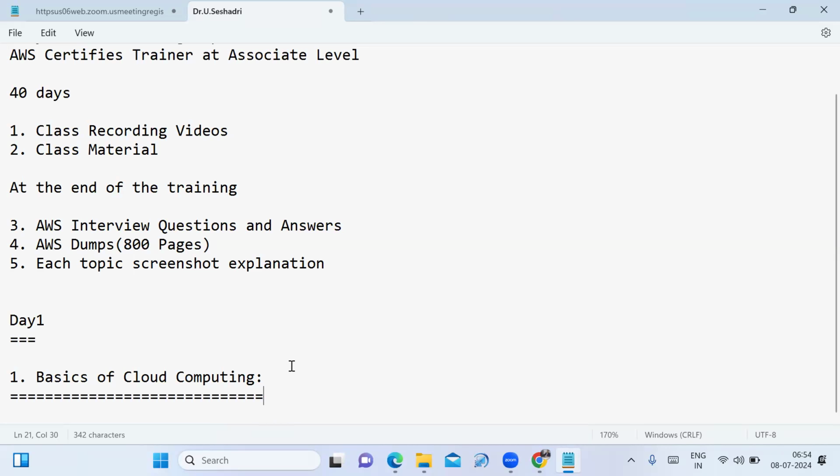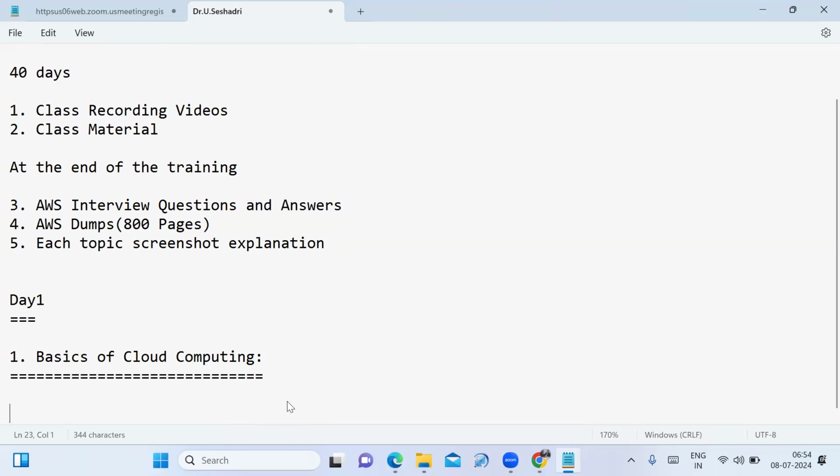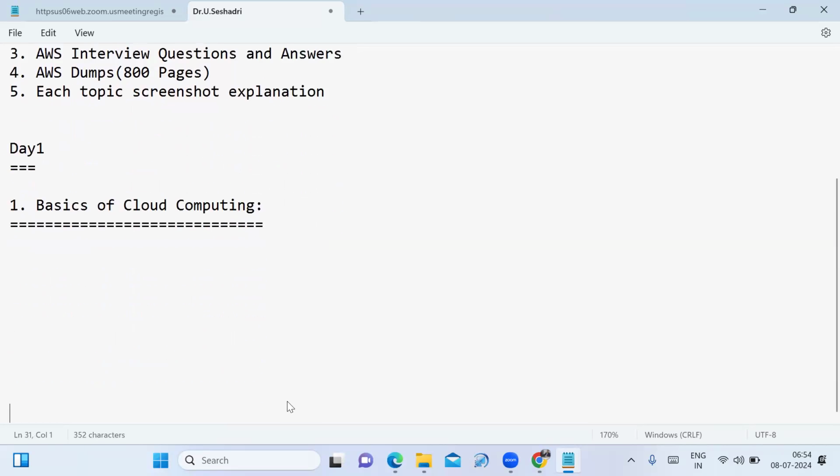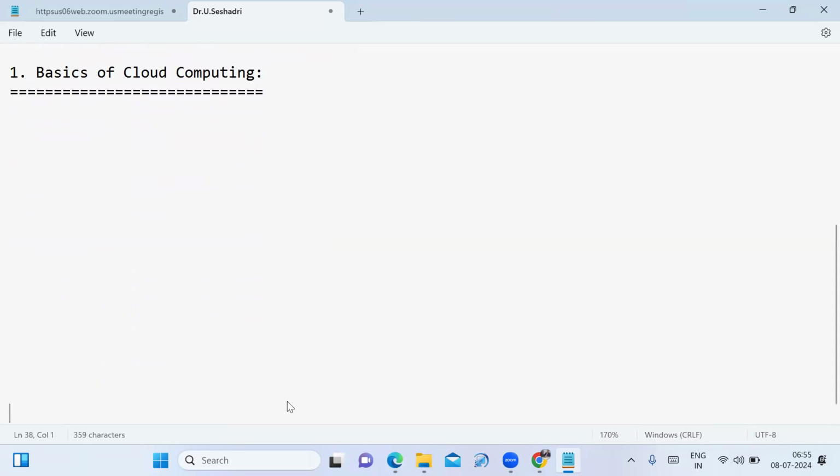Fine. Today's session, I have to explain the basics of cloud computing. See how we are defining cloud computing. Just now Murali is saying that cloud computing is nothing but using the resources from the data centers. That is nothing but cloud computing, which is defined as